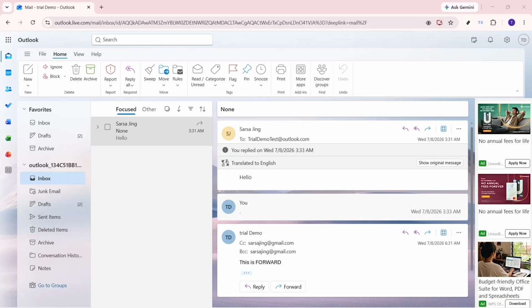In today's video, I'm going to teach you how to create multiple profiles in Outlook. If you use Outlook for more than one email account, it's helpful to know how to access and manage multiple profiles from one place. This can make it easier to switch between personal and work accounts, or simply keep different inboxes organized without confusion. In this walkthrough, I'll show you exactly where to go and what to click so you